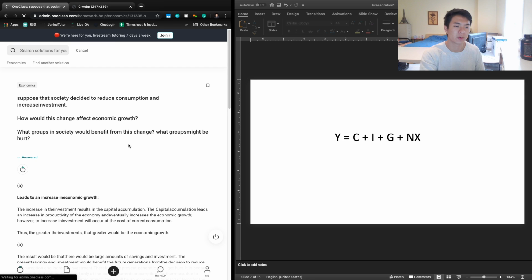So the next question says, suppose that society decides to reduce consumption and increase investment. How would this change affect economic growth? What groups in society would benefit from this change, and what groups might be hurt? And so the first thing that we have to know is this: when we talk about consumption versus investment in terms of growth, what you're really talking about is current versus future period. Consumption is going to benefit you in the current period, and investment is going to hurt you in the current period because you're taking away from consumption, but it's going to benefit you in the future period